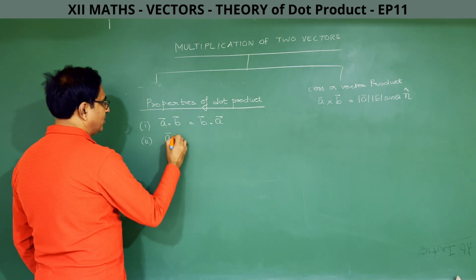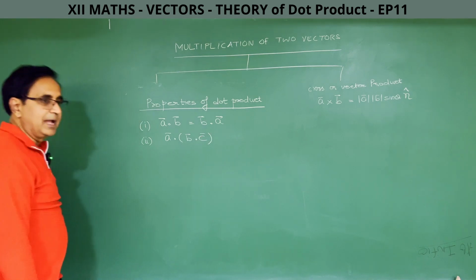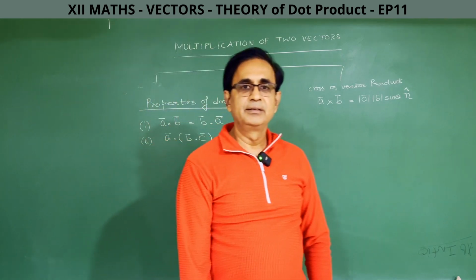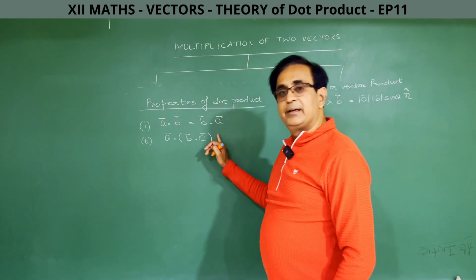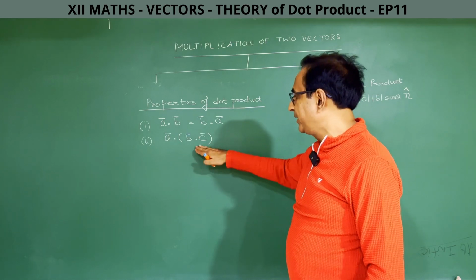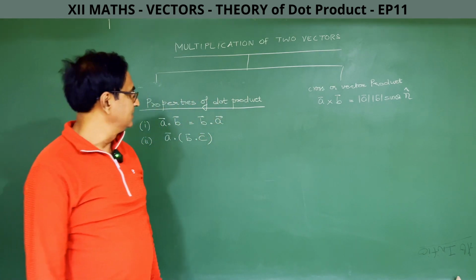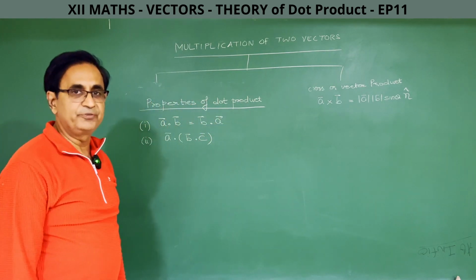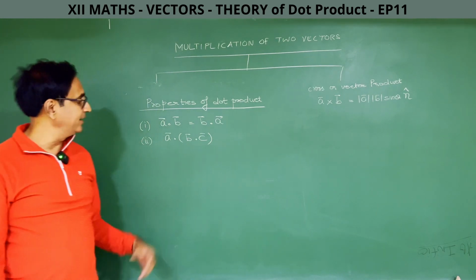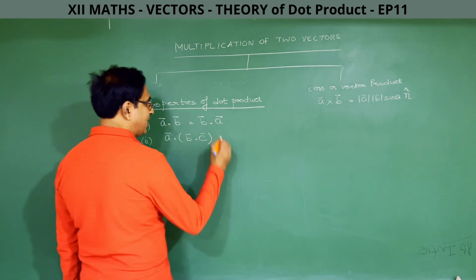Now let's look at this property. I'll give you a few seconds, all of you who are studying with me. Try to give the answer here. Write the answer in your copy. I am giving you 10 seconds. What will be A dot B dot C? Then I'll give you the answer, and you can match your answer with it. I'm still waiting. Please try in your copy. It's an interesting question: A dot B dot C. Okay, I'll give you the answer now.